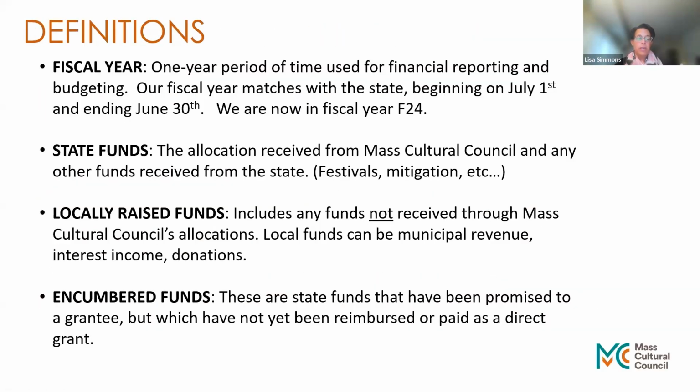And then encumbered funds, which sometimes is confusing for folks, which we will get to when we get to the second tab of the account form, are funds that you have promised, but has not yet left your account. So if you're a reimbursement council, it could be that your grantees have yet to submit their reimbursement forms. If you're a direct grant council, then it could be that your grantees have yet to send in their direct grant forms and have not yet been paid. So you are holding on to that money until they do that, because you do not want to be granting out that money.